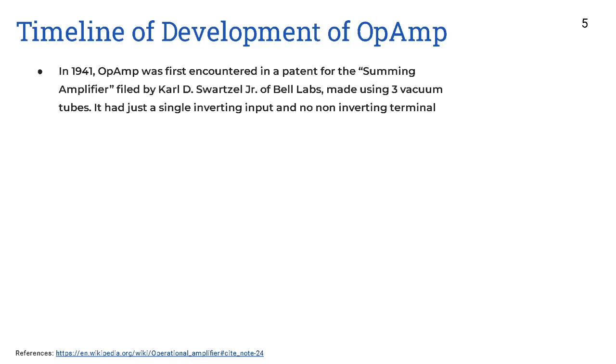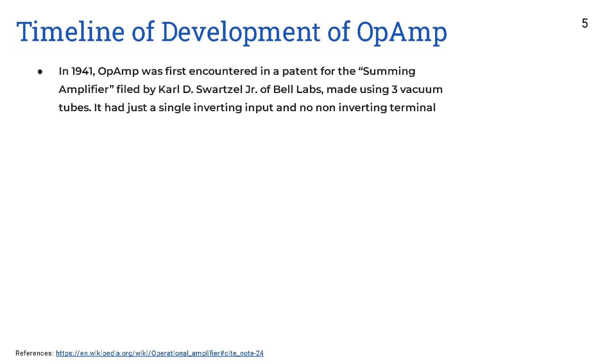So first, in 1941, the op-amp was first encountered in a patent for the summing amplifier. It was filed by Carl of Bell Labs, and it was made using three vacuum tubes. It had a single inverting input and no non-inverting terminal. Actually, in this paper, Carl never mentioned the name op-amp in his paper on the summing amplifier. It was achieved using the vacuum tube, and the summing amplifier is one of the basic applications of op-amp